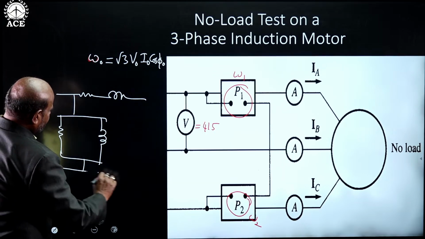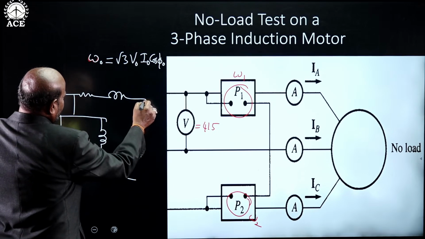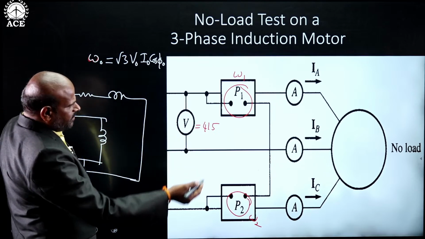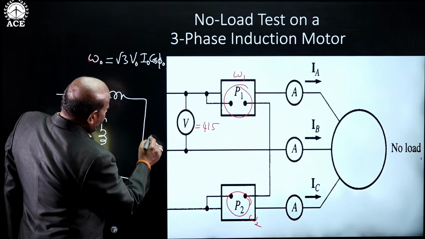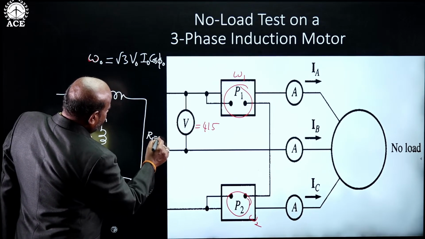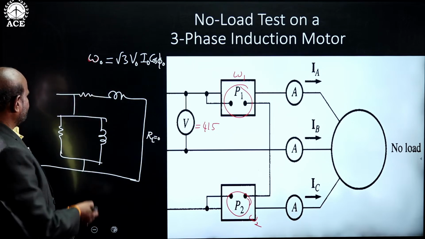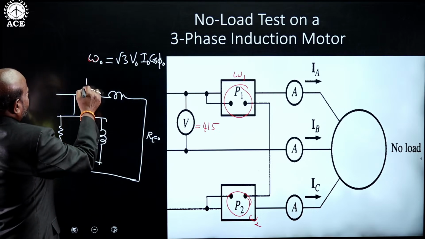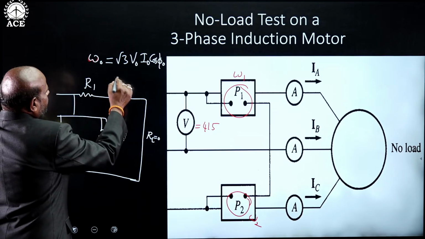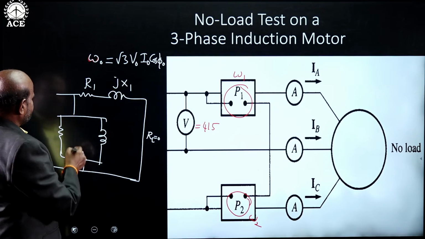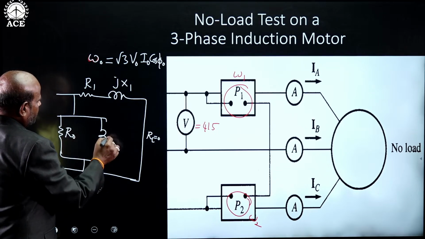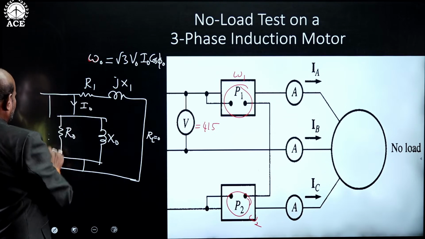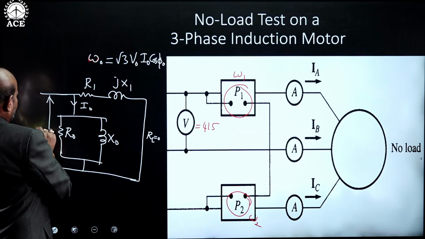as we have seen for transformer, it is similar to that of transformer under no load test. No load means we are not at all applying any load. No load means load is 0. So RL is 0. So stator resistance is R1, reactance is X1. R0, X0 is the no load current, and we are applying 3-phase voltage here,